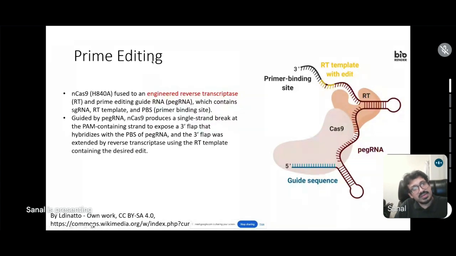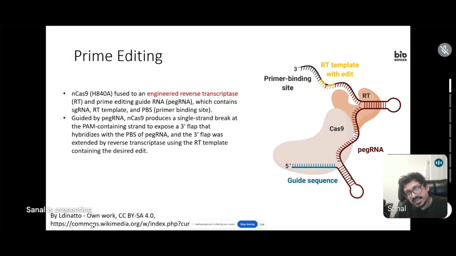Here in prime editing, what they have done is quite interesting. Here, as you can see in the picture, there is a guide sequence. See the 5' end? You can find a guide sequence in blue color, and you will find a hairpin and a pre